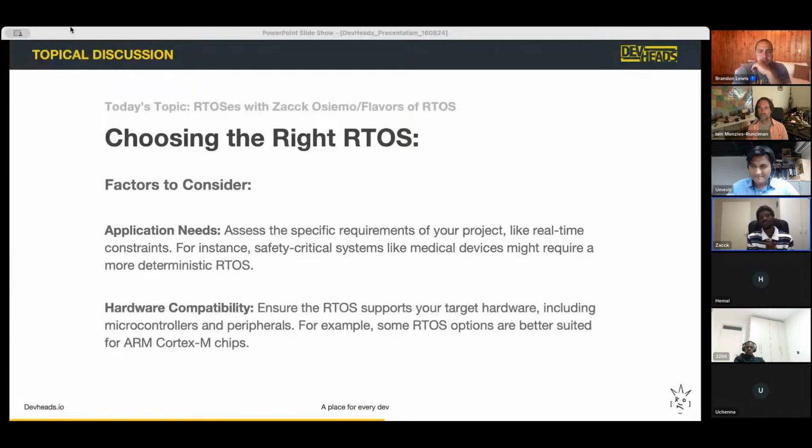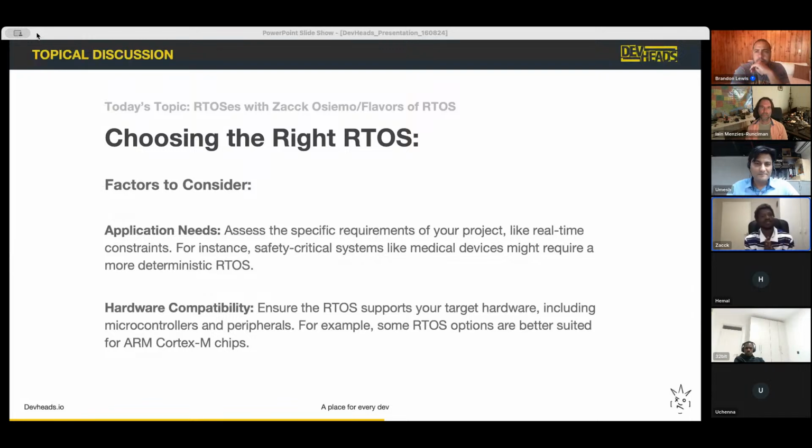You want to know what hardware you're going to release with and develop with, if you're going to have a multi-stage process. You want to know what it is compatible with, and which compiler you are using. What are you using to develop? If you have a team that's already on IAR or ARM GCC, and you want to use that, you choose an RTOS that has a compiler for that.